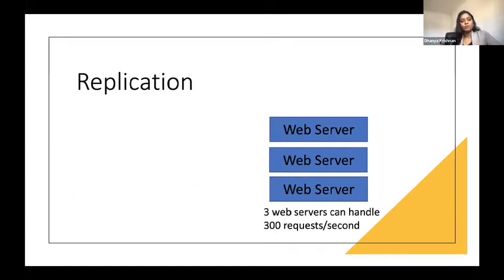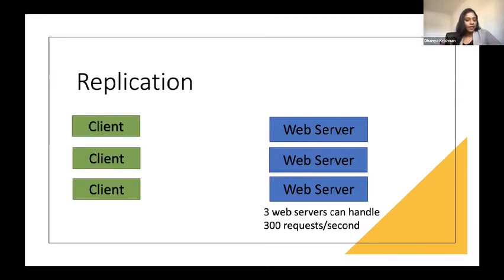Here we come to the concept of replication, which is one of the very frequently used concepts in large-scale systems. So instead of having a single instance of a web server, you can choose to have multiple instances. Obviously, if one web server can handle 100 requests per second, then by replicating the web server, if you have 3 web servers, you can handle 300 requests per second. So you are trying to handle more and more traffic that's coming. So you replicated the web servers, which means you can obviously increase the number of requests that you can handle per second.